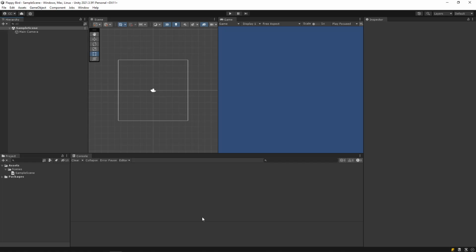Okay, so I'm going to go in clockwise order. I'm going to start with hierarchy, just explaining each of these windows. The very first one is hierarchy, and this is a collection of all of the game objects in our scene. And those 2 words, game object and scene, those are keywords. A scene is, well, can someone tell me what a scene is? Anyone want to take a guess?